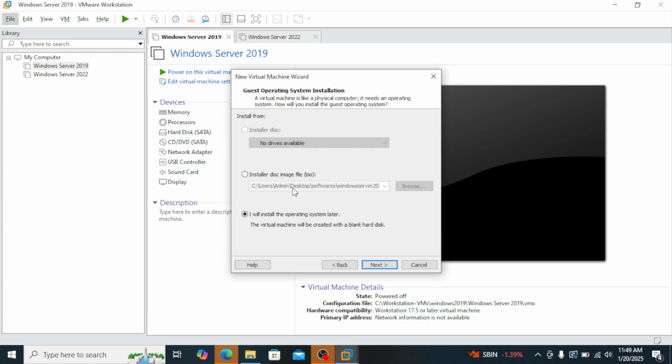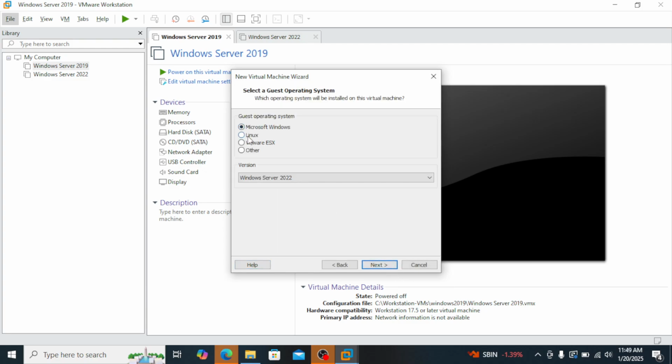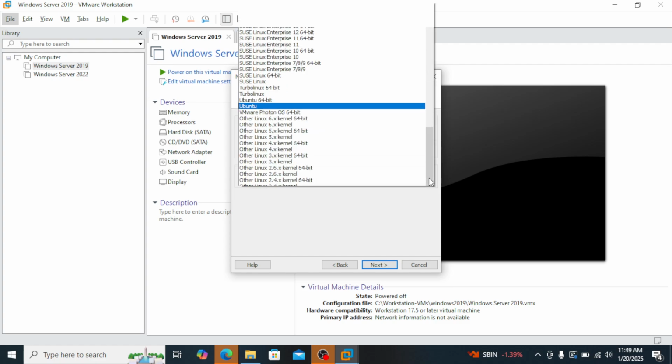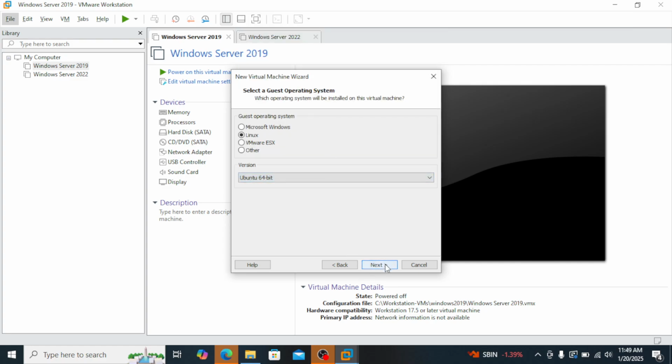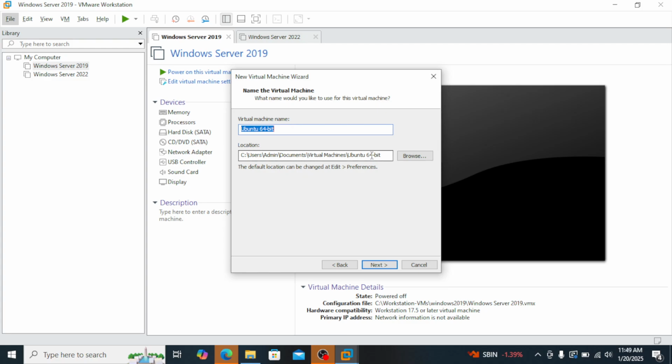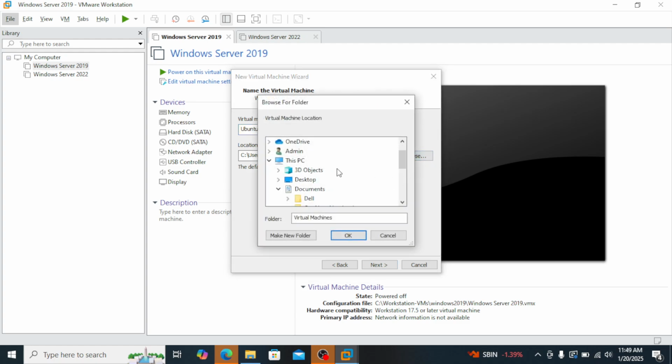Next, I will install the operating system later. Select that option and select the Linux here. We are installing the Ubuntu flavor, and it should be Ubuntu 64-bit. Click on next. So the location where you wanted to create that virtual machine, I want to give a different